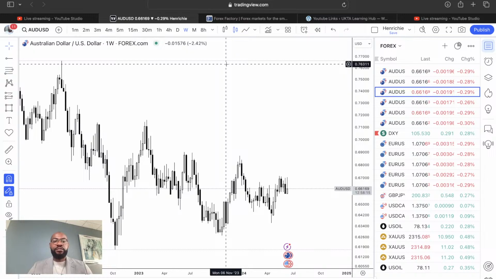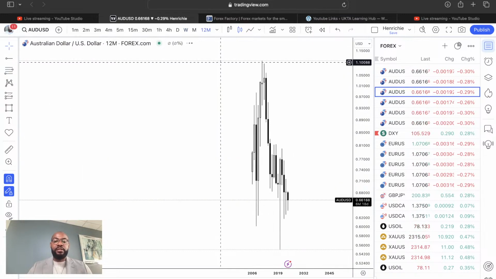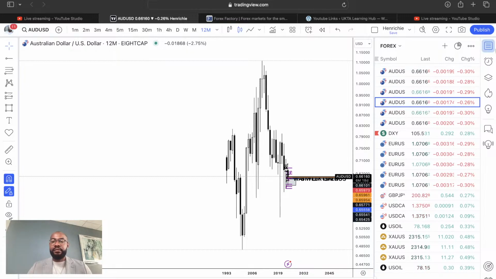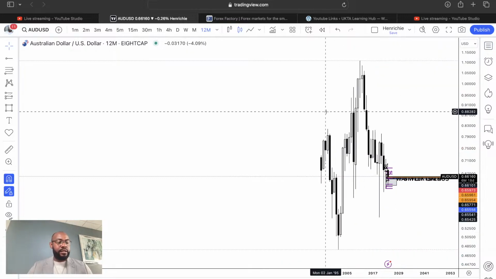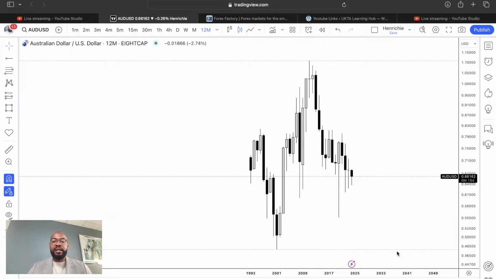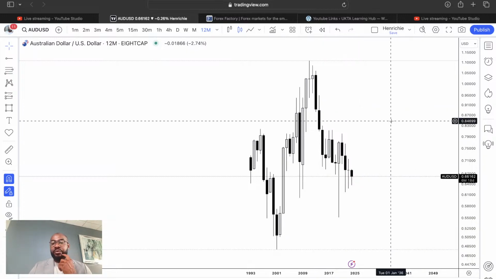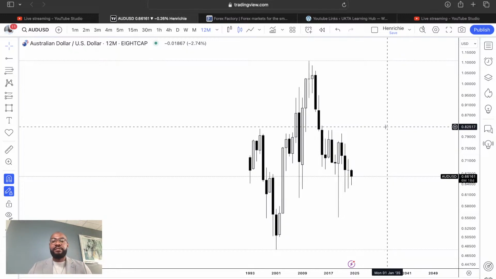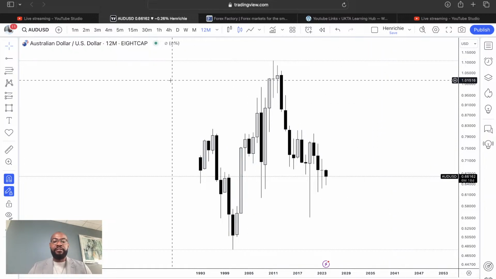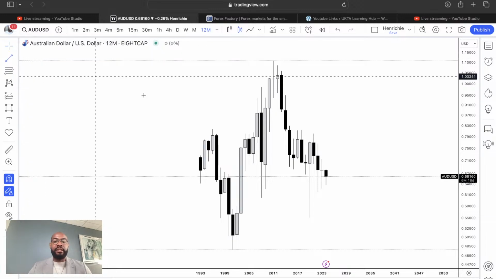So in today's live stream, we're going to start by talking about Aussie dollar, what the market is doing on Aussie. I'm going to start with a fresh chart and we will do the analysis, and after that we will look at Euro US dollar swap analysis from 12 months, and then we scale down to the smaller time frames as well. So looking at Aussie dollar,